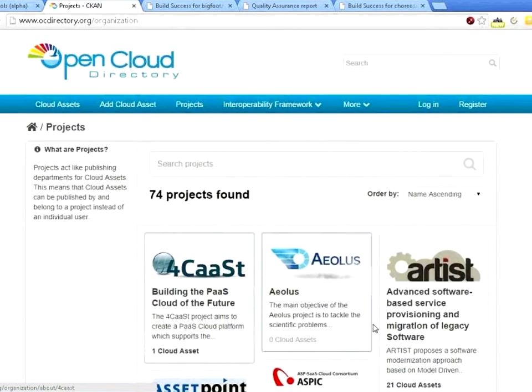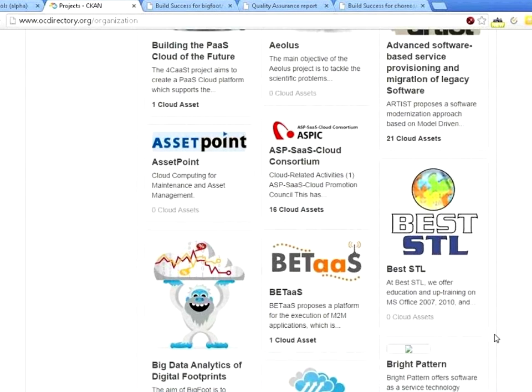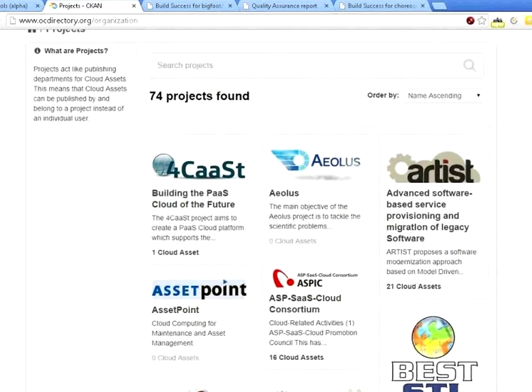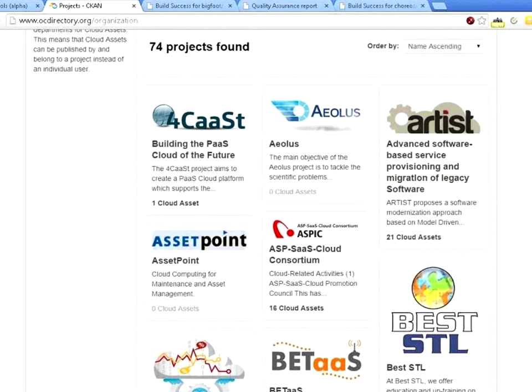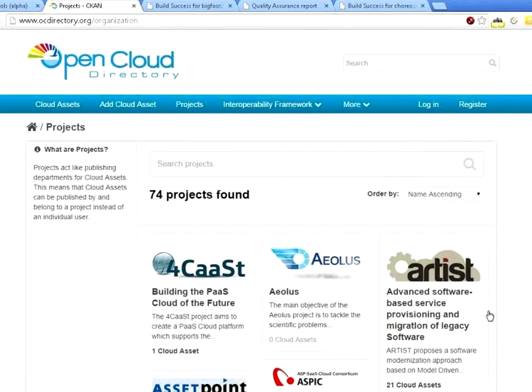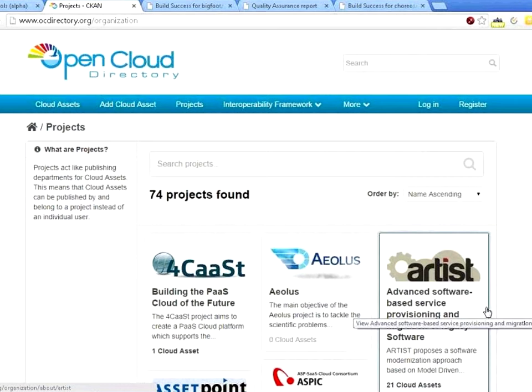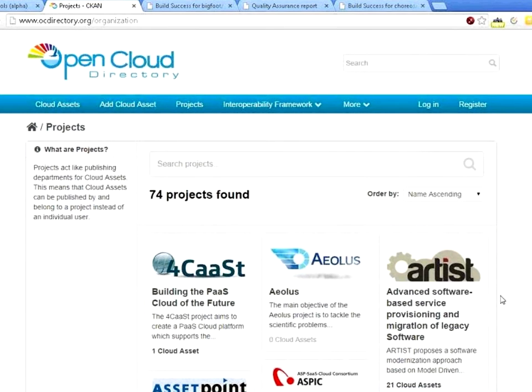And we have a number of projects registered. Most of them are research projects funded by the European Commission, but we have also some national projects and some Japanese projects also, because Ocean is part of the European-Japan